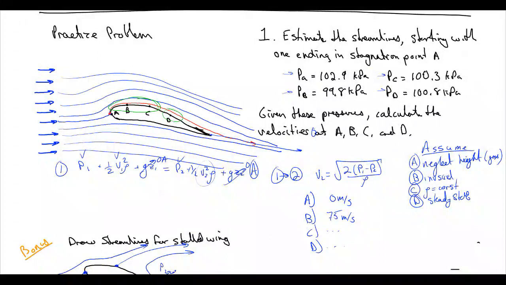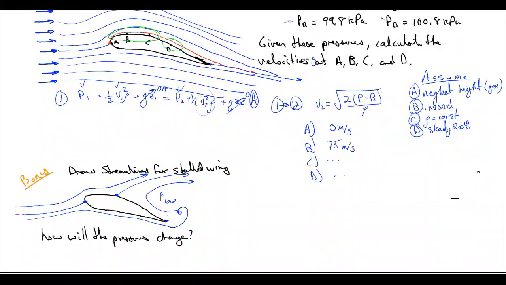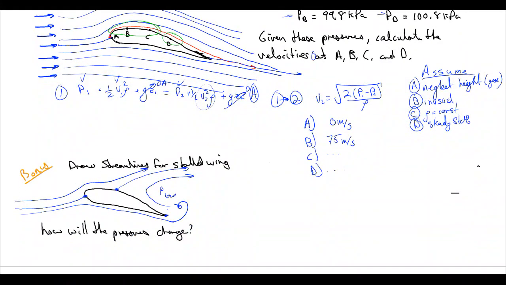The important part, though, is normally we have low pressure here at the top, but if we have a stagnation point here, that means we're going to have a P high here, and our flow is going to be much slower in the region around the P high. And so we're going to have a region of high pressure on top, a region of high pressure on the bottom, and our wing is going to cease to generate a lot of lift, which is why stalling is so